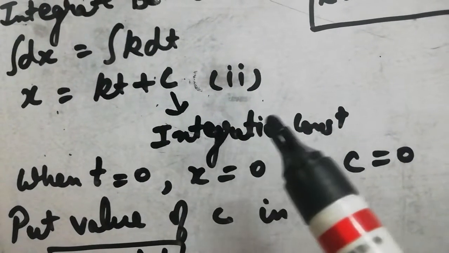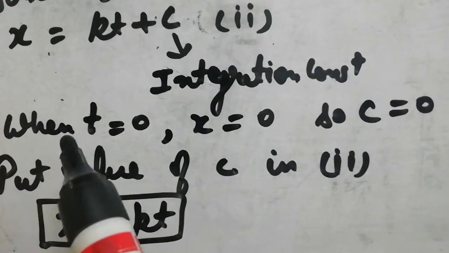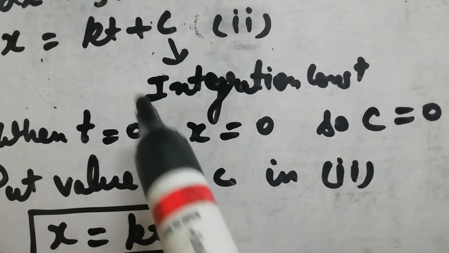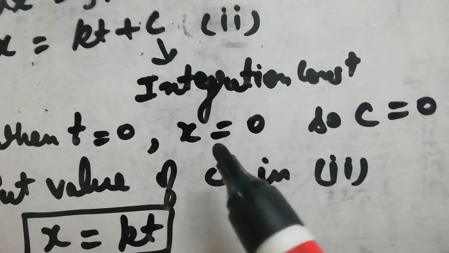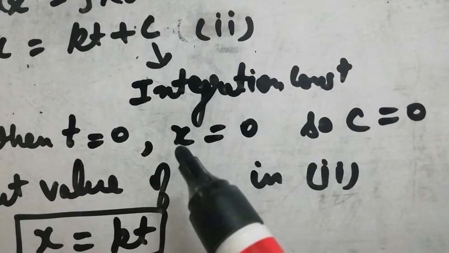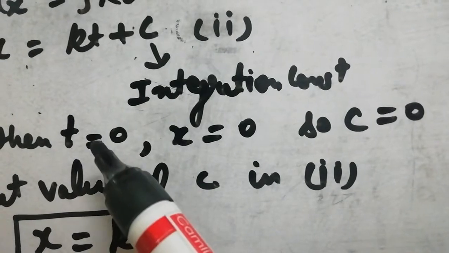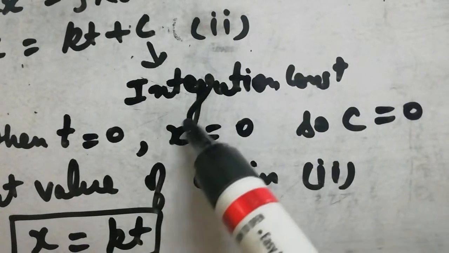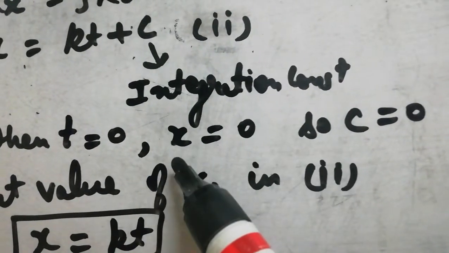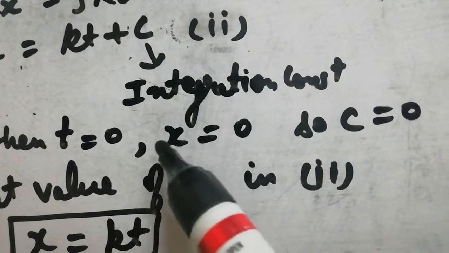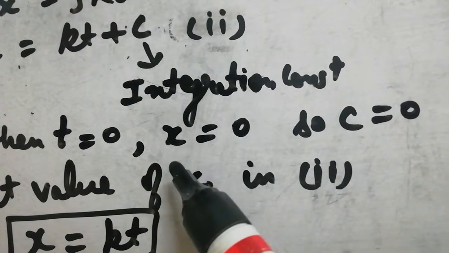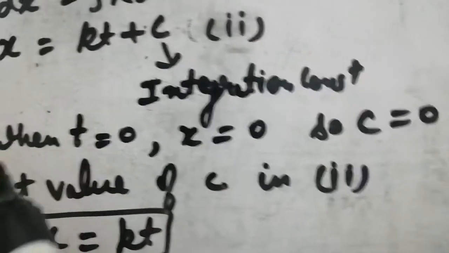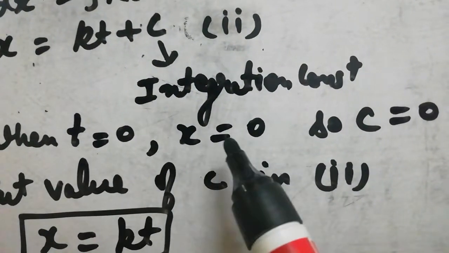So to find the value of c, we will apply this condition, that when time is equal to 0, zero time means initially, when the reaction has not started, at time equal to 0 seconds, what is the value of x? x can be reactant, so it is equal to 0 because the reaction has not started yet. So none of the reactant has decomposed into products, or in terms of product, the value of x is equal to 0 because none of the product is formed, because the reaction has not started and reactant is not converted to product. So when time is equal to 0, the value of x is equal to 0.